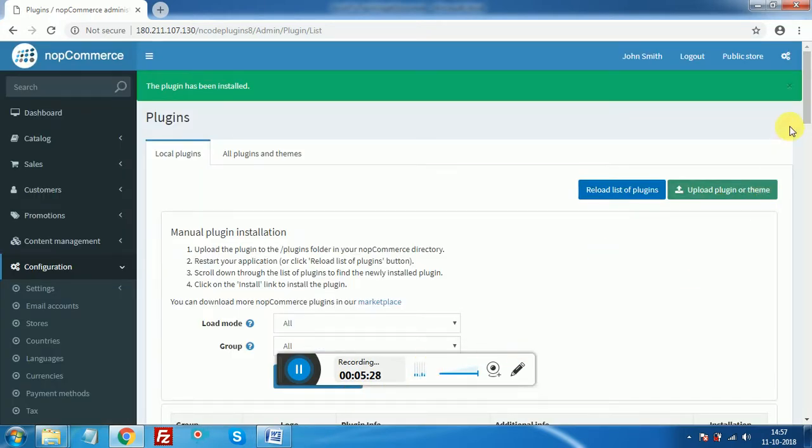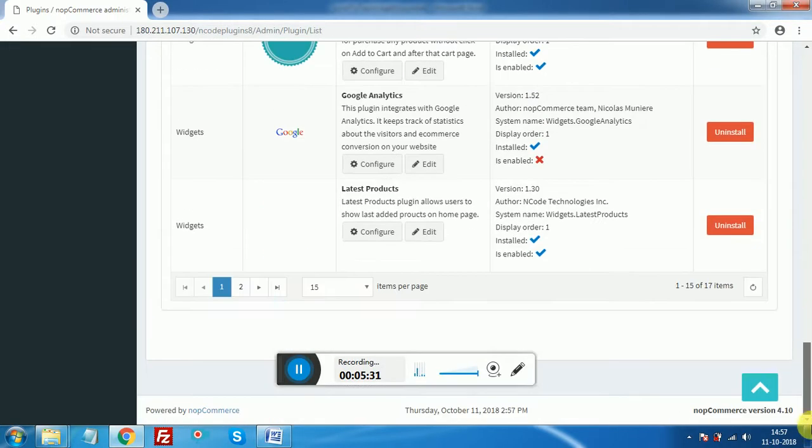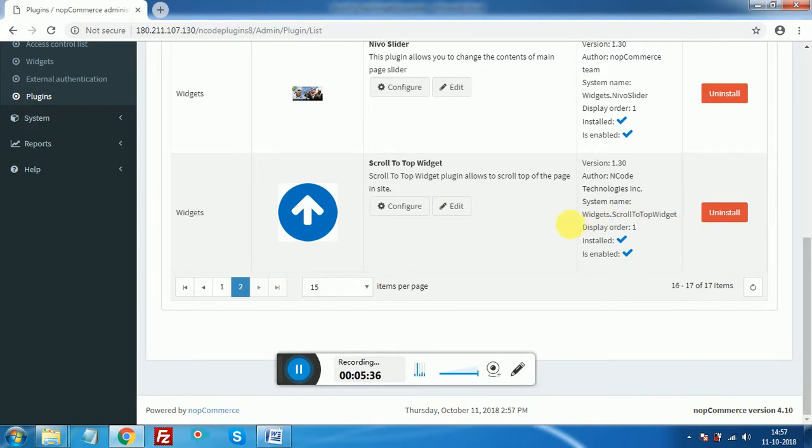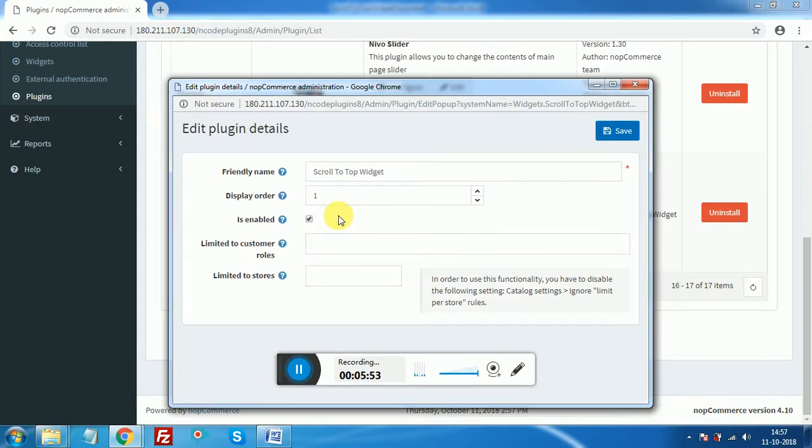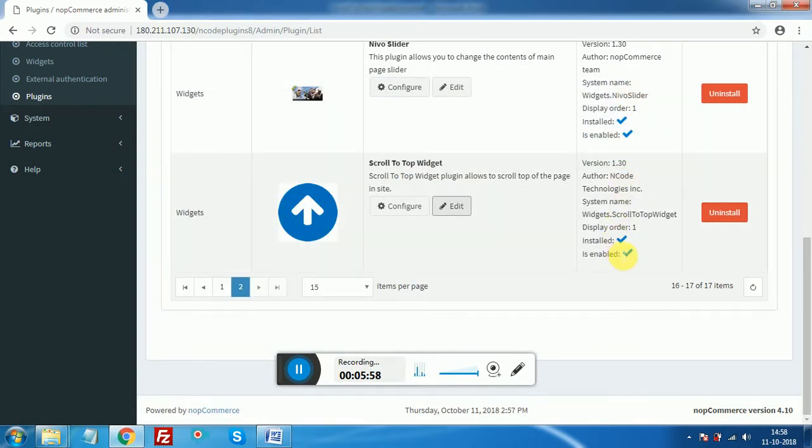So check whether the plugin is installed or not. Here the plugin is installed successfully. Here you have to check: if Is enable is false, then you have to click on it to make Is enable true. Here Is enable is already true, so I have not changed it. Okay,